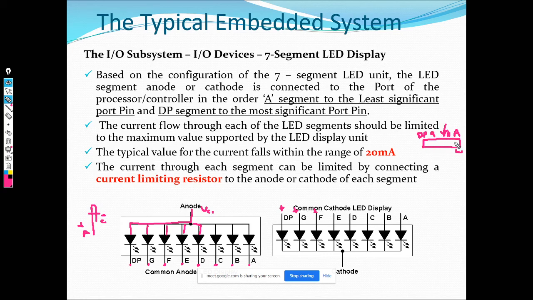So you will send the bits accordingly. You'll say 1 1 0 1 like that, so it corresponds to A, right? So you'll actually feed this to the output port. Okay, and as I said,